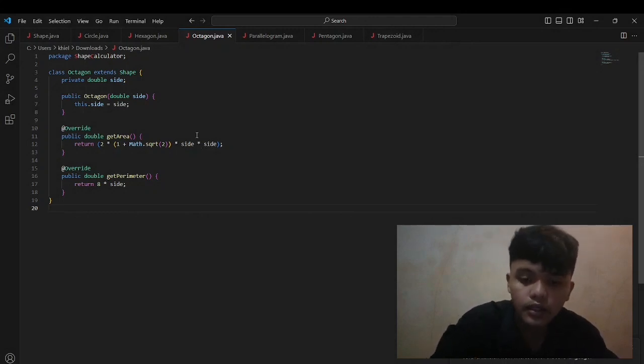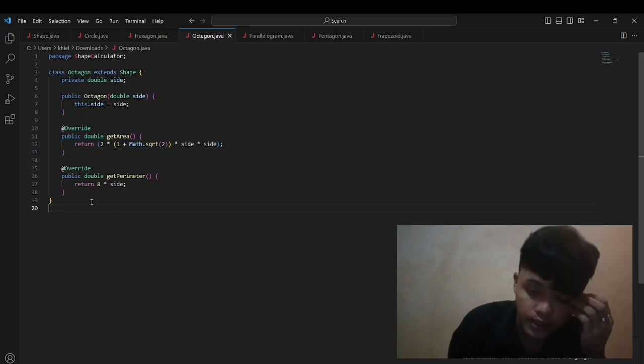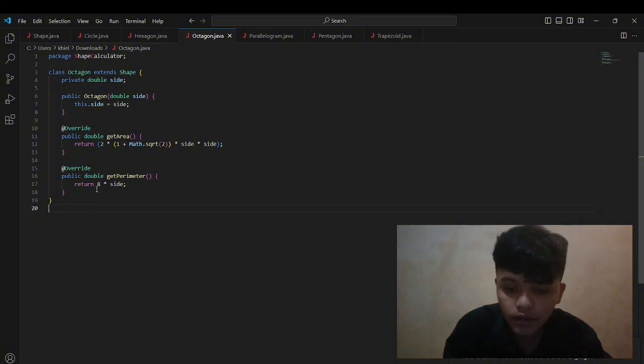Then the getPerimeter method is also overridden to calculate the perimeter of the octagon, which is simply 8 times the side length. Override public double getPerimeter, return 8 times side.